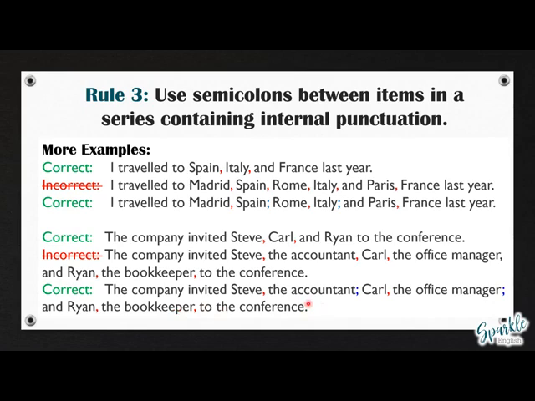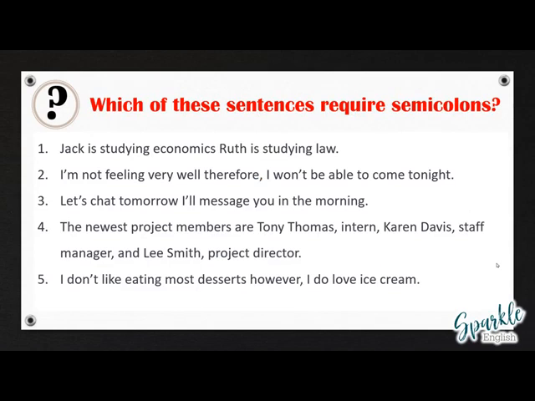Okay? And that, again, the semicolons make it clear that this is 1, 2, 3 different people that are being invited to the conference, not 5 or 6 different people. Okay, so now